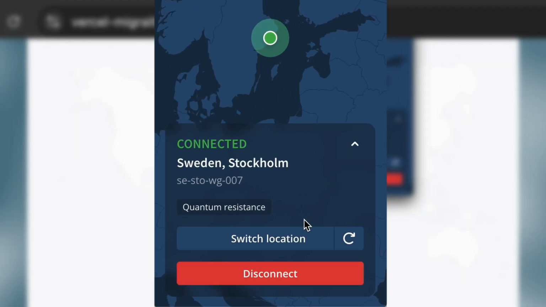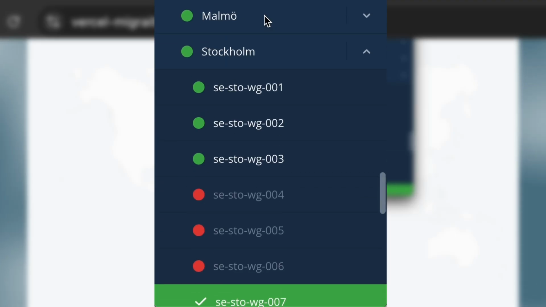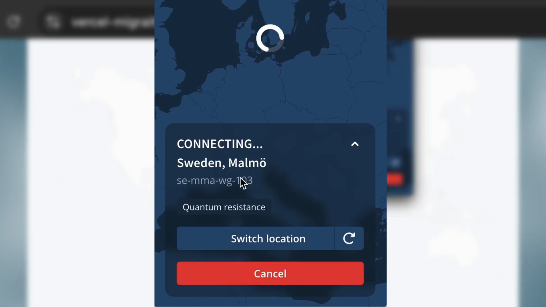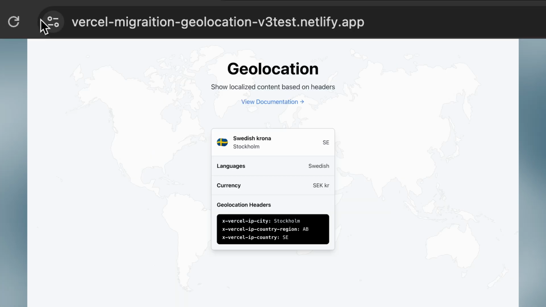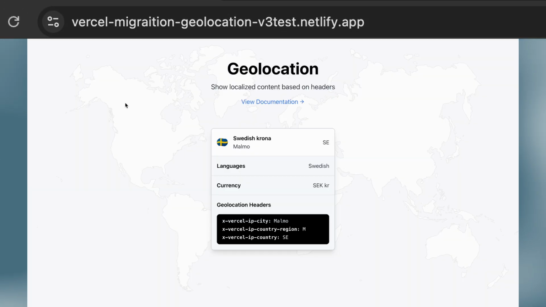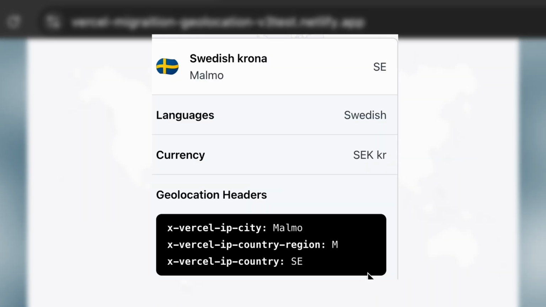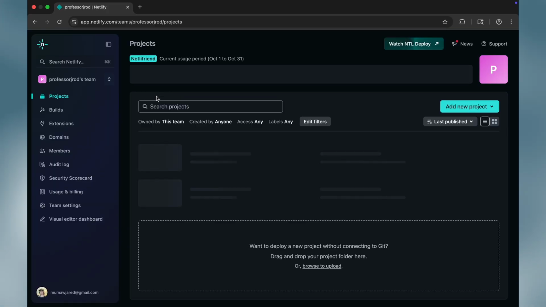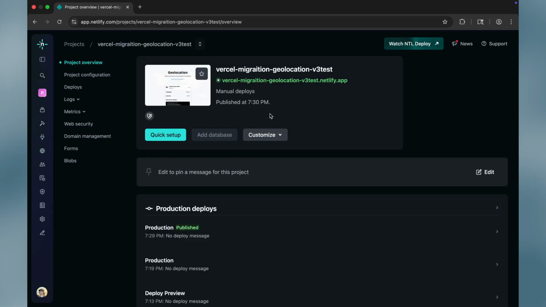and my VPN confirms that. So let's switch to a different city and refresh our web page. And our location has changed. Perfect. So we have that same geolocation logic and the edge function, but now it's entirely running on this edge